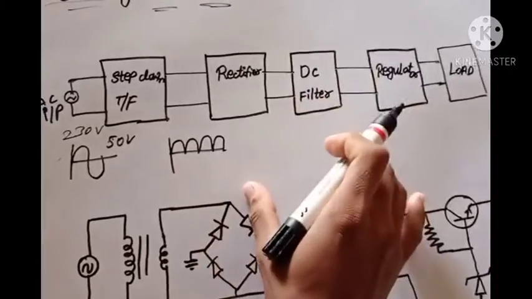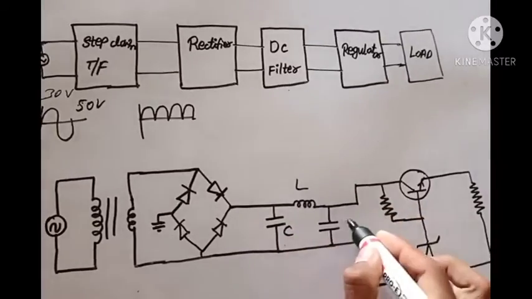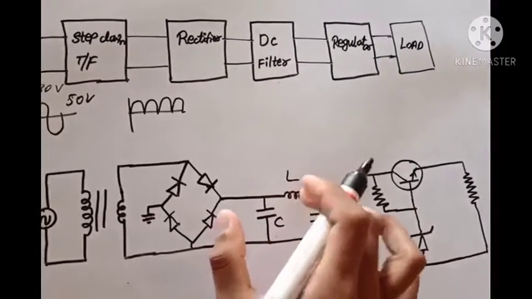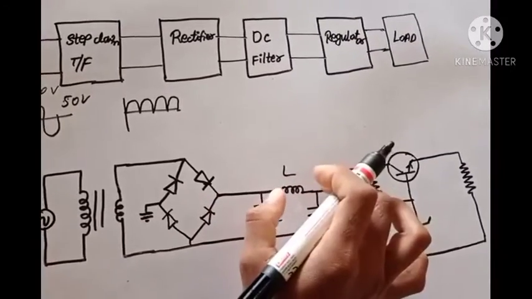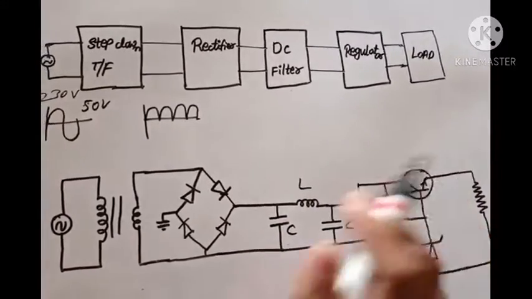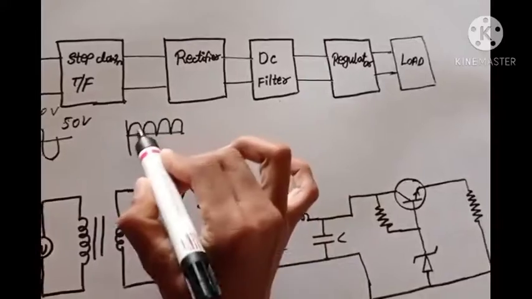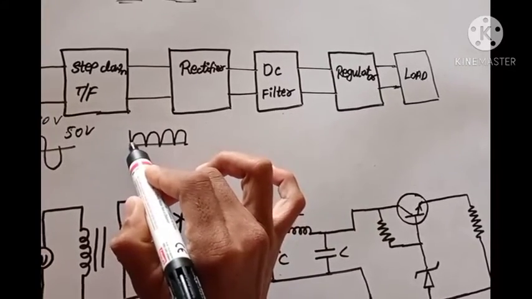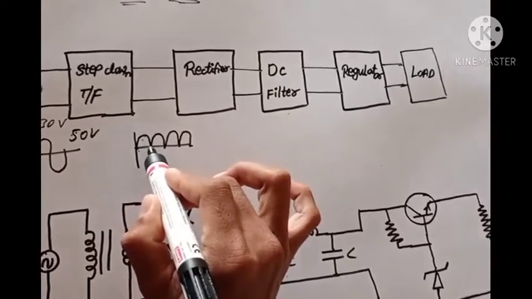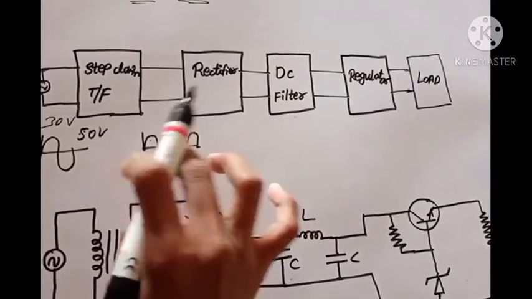So we are using a DC filter. As a DC filter we are using a CLC filter. In the CLC filter, as we all know, a capacitor does not allow the change in voltage and an inductor does not allow the change in current, and obviously the second capacitor also does not allow the change in voltage. So here we have a pulsating DC. Pulsating means it starts from 0, goes to the maximum value Vmax, and suddenly comes down to 0. We have to reduce these fluctuations, so we are using a CLC filter.